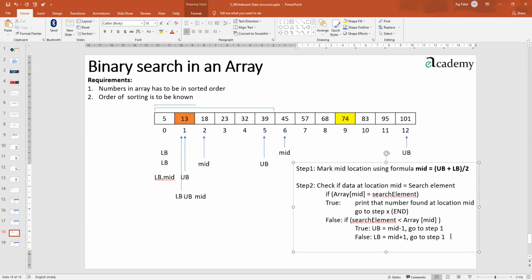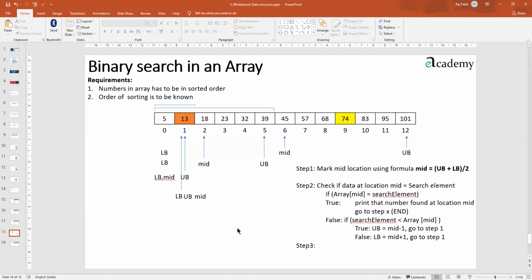So that's the end. Step number 3, we also have to check at a certain place, but I'll tell you one more case. I hope you have understood. The last step will be stop, which is number found at this position, and we can also say print that the number is found.